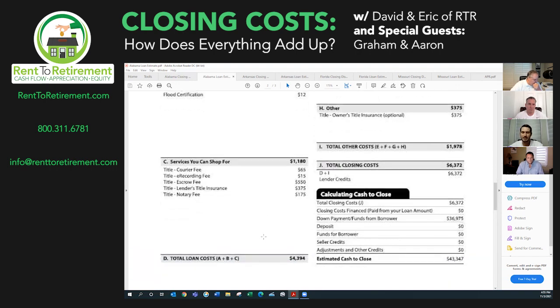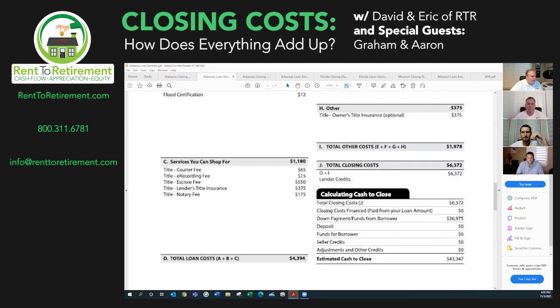Yeah, as we jump down to Section C here, this is going to be everything related to the title company and the fees that they charge. Some of the fees that also flow through the title company, like the title insurance, for example, are ultimately dictated by the state, the rate set by the state. So while the title company has their own set of fees, which we're purely estimating upfront this early on, there are also some state fees that flow through on this Section C that ultimately go through the title company. So long story short, everything in Section C here has to do with the title companies and the fees that they collect for either themselves or on behalf of the state, and these are still estimated at this point in time.